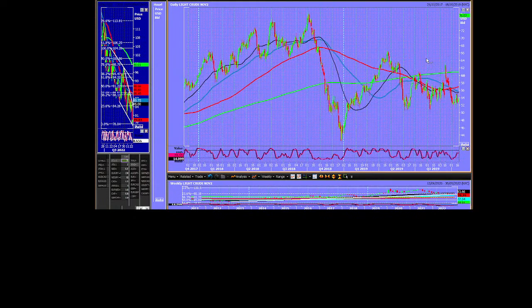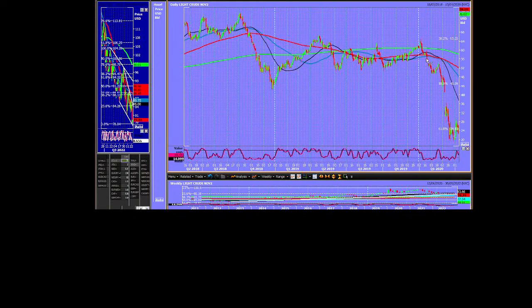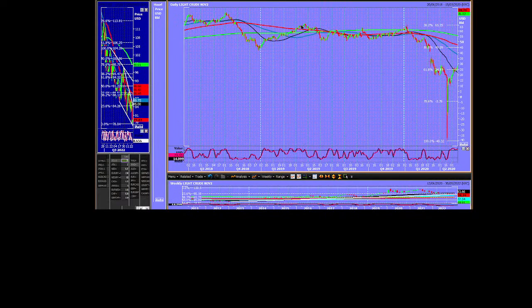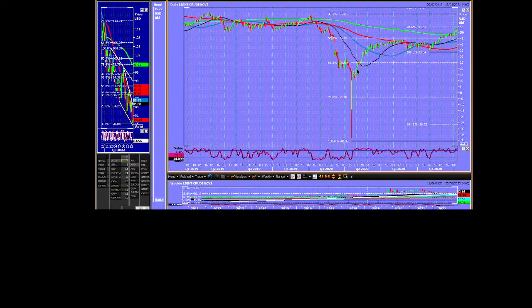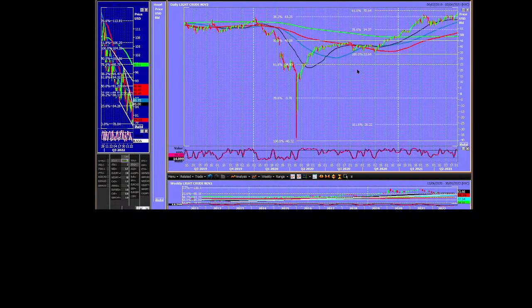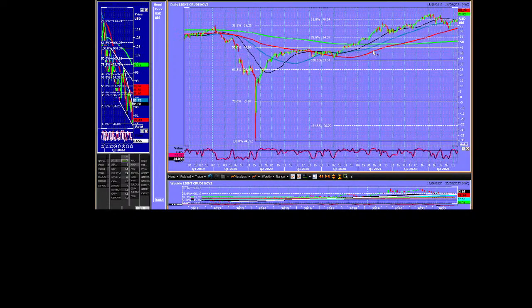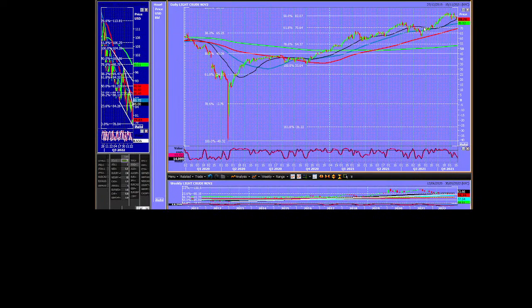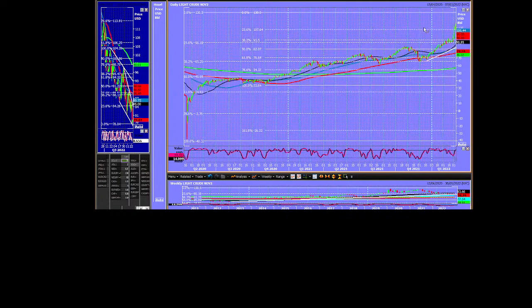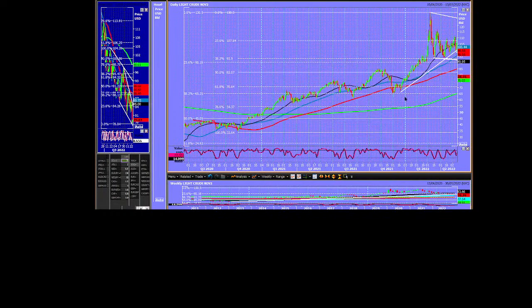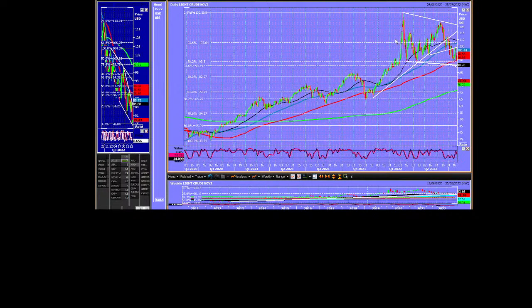Where are we up to now? 2018. Moving averages don't work well as support and resistance levels when markets are going sideways. They're fairly useless. But the 200 again really was the one that did the job. And then off we go. Then the 100 starts to kick in on the bull trend. Okay, that was just for my own interest to see which one was working. Where are we now?